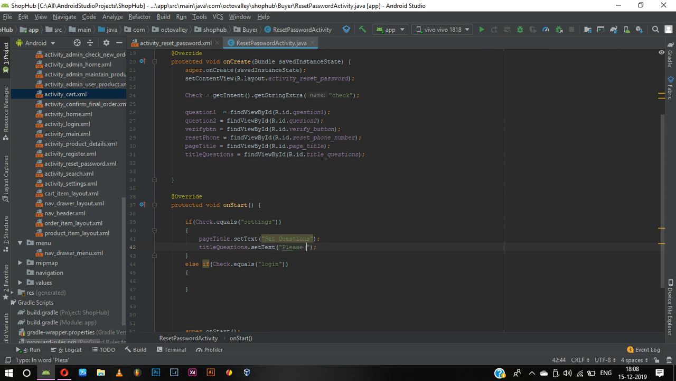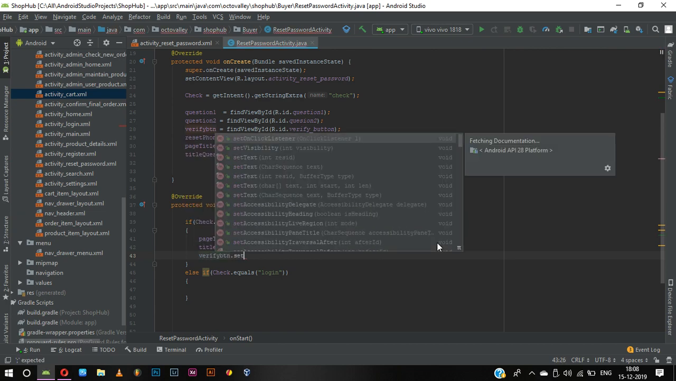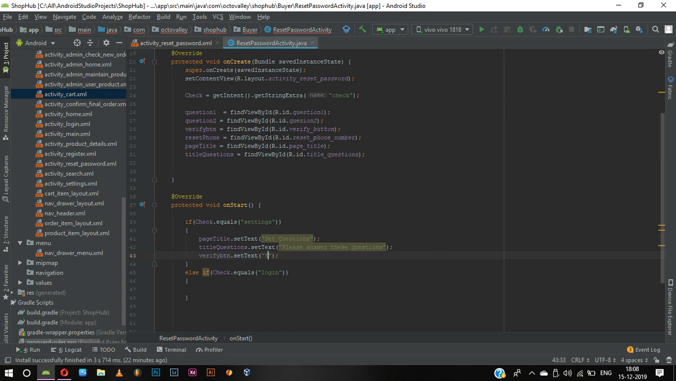Please answer these questions. And now for verify button we can set the text, verify button dot set text. We can name it as set answers. Yeah, now it's okay. Now what we can do is else if